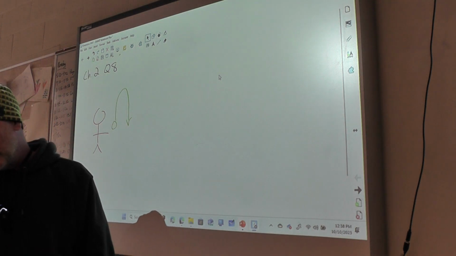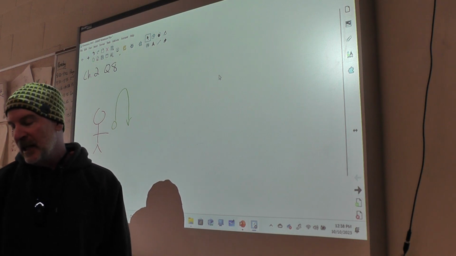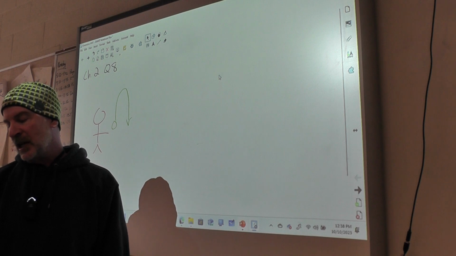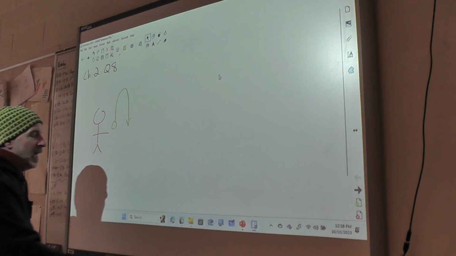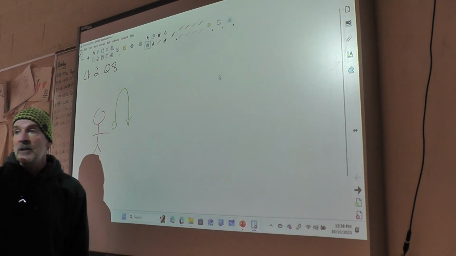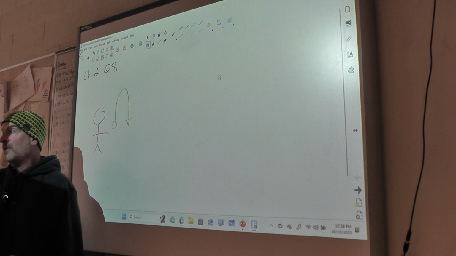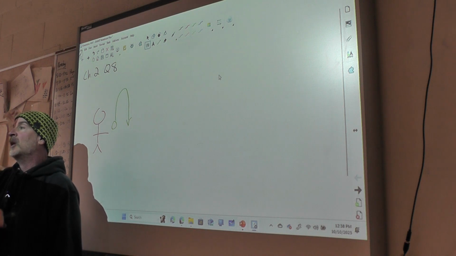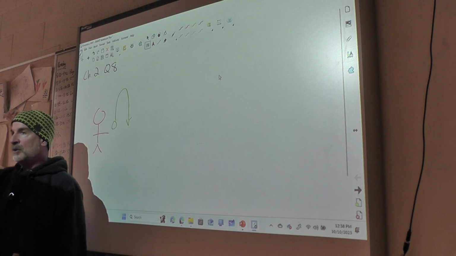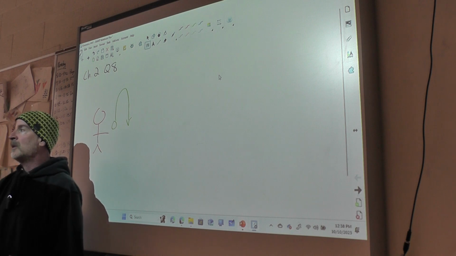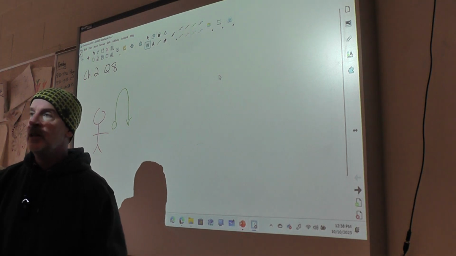All right, so ball straight up in the air. At which of the following instances is the ball's acceleration equal to g, negative g, 0, less than g, or greater than g? And that begs the question, what the heck is g? And the answer is, the way to find this stuff is to look through the chapter. And I said in the homework, read chapter 2. That doesn't mean study chapter 2, learn chapter 2. That means glance through chapter 2, and then when you get to a problem like this and you're like, gee, what the heck is that?